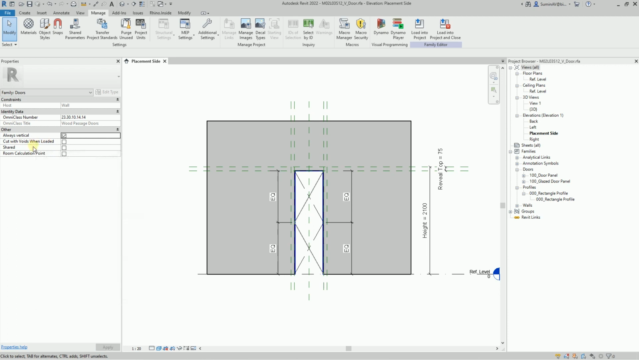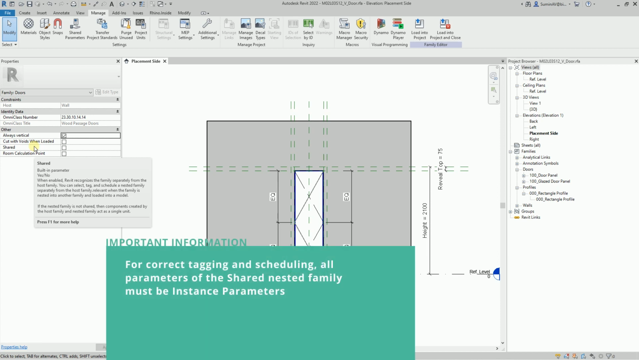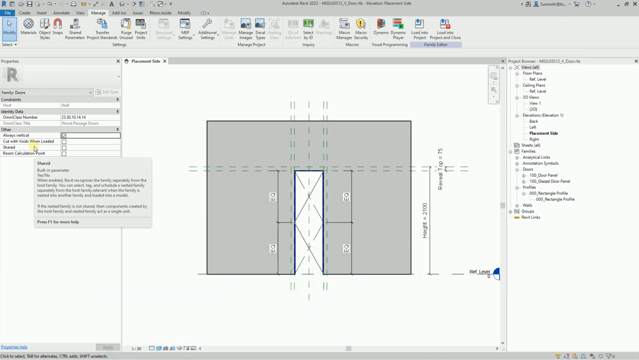The following parameter is shared. It makes sense to include it only for nested families. It allows us to consider a nested family in the project as a separate object. That is, we can form a separate line in the schedule for it. We can select it in the model independently of the parent family using the Tab key, and we can also separately tag it. If the shared parameter is turned off for a nested family, as well as for all our nested families, then